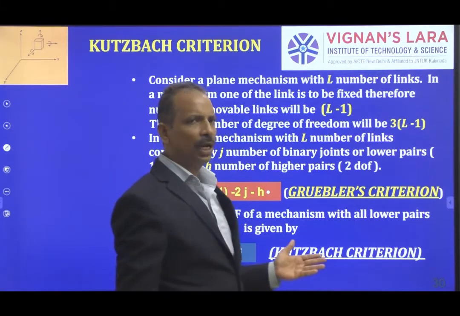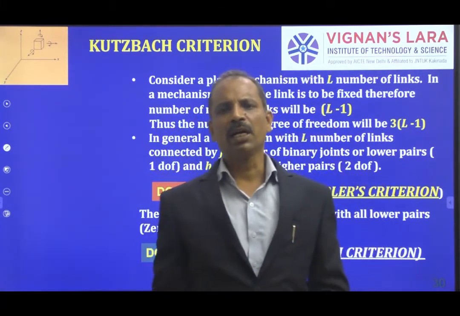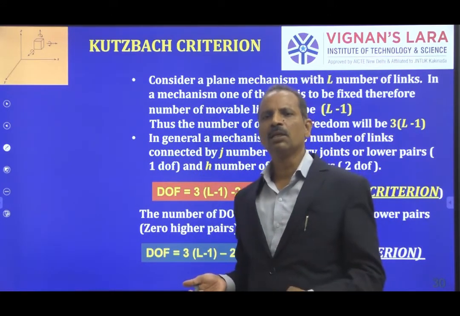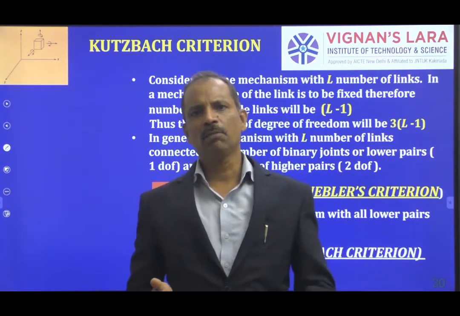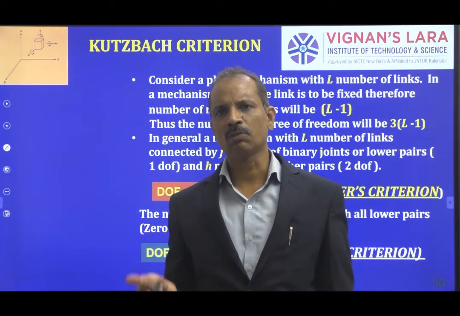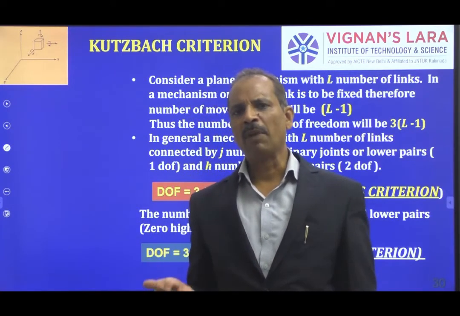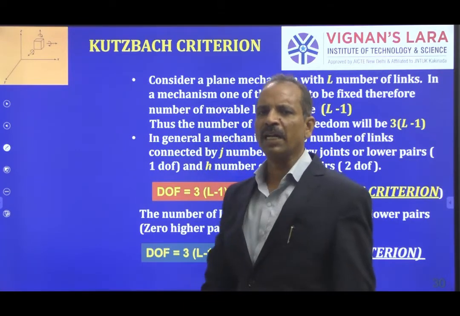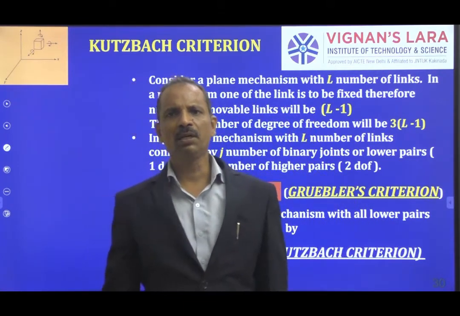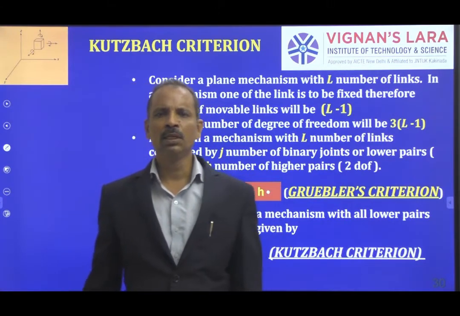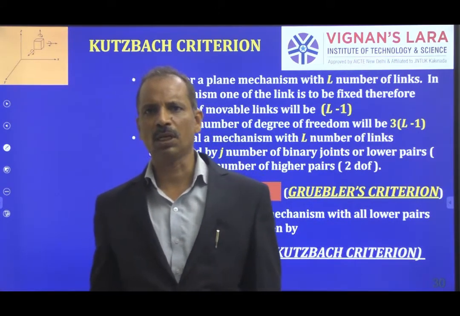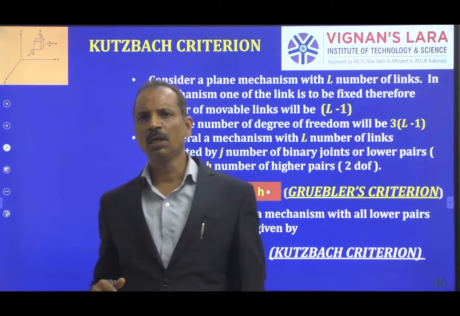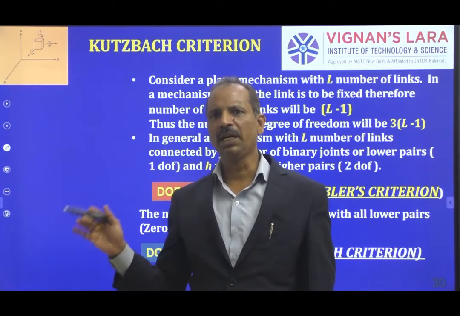So what does this criteria deal with and how can we arrive at an equation for degrees of freedom. In undergraduate classes, we take planar mechanisms, not spatial mechanisms, where the maximum degrees of freedom is 3. That is why I am defining it for a maximum of 3 degrees of freedom. Or else if you want to consider a spatial mechanism, then 6 degrees of freedom will come into the picture, and the equation will be different. Now let us confine to a two-dimensional plane and a maximum of 3 degrees of freedom.